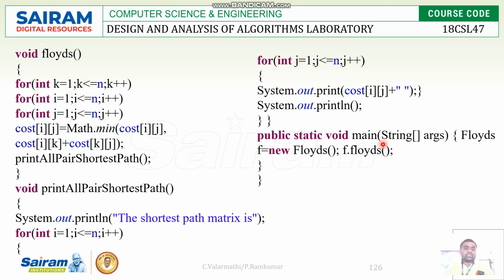Then next I find out the shortest path. For finding the shortest path, we already computed cost of i comma j, so those values need to be printed in a for loop, to the cost adjacency matrix also. After finding the shortest route from each and every vertex of a given graph to the other vertices which are strongly connected, those values also need to be represented in a cost adjacency matrix. So for that purpose, at last I am using two different for loops to create the cost adjacency matrix. Then we have to call the function under the main function, then we will get the results.